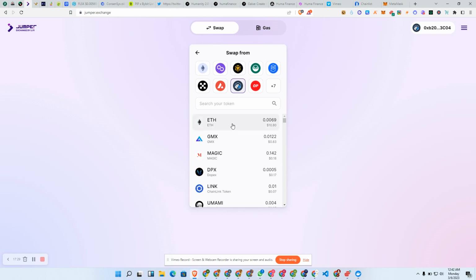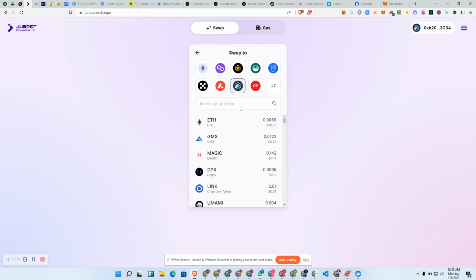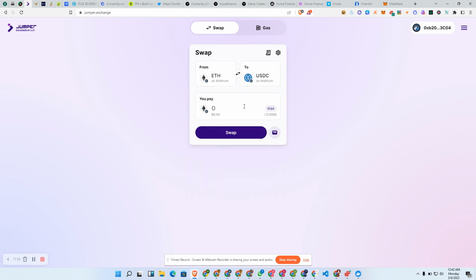So now this is the Ethereum that we are swapping from. I click on my Ethereum and select Arbitrum. If I select another network, it means I'm bridging. So I'm selecting Arbitrum now and I will search for USDC. Any one I want to use; I've used the other one the other time. I want to use USDC now. After you've selected those two, the thing shrinks in size, from Ethereum on Arbitrum to USDC on Arbitrum. So now I want to swap